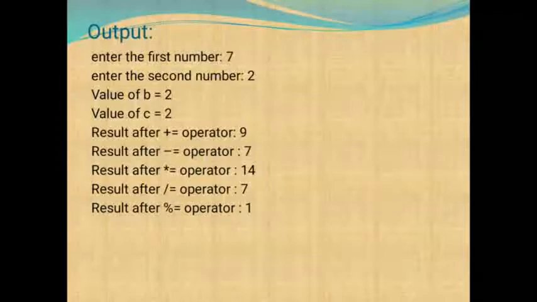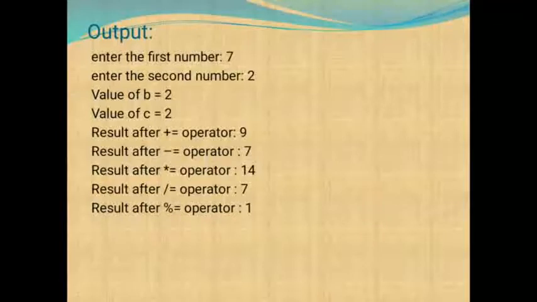How? The value of A is 7, as it is shown in plus equals to. You can see what the table has shown previously: it adds the value of the second operand to the value of the first operand and stores the result in the object specified by the first operand. So 7 plus 2 equals 9, and now this value 9 is stored in variable A.